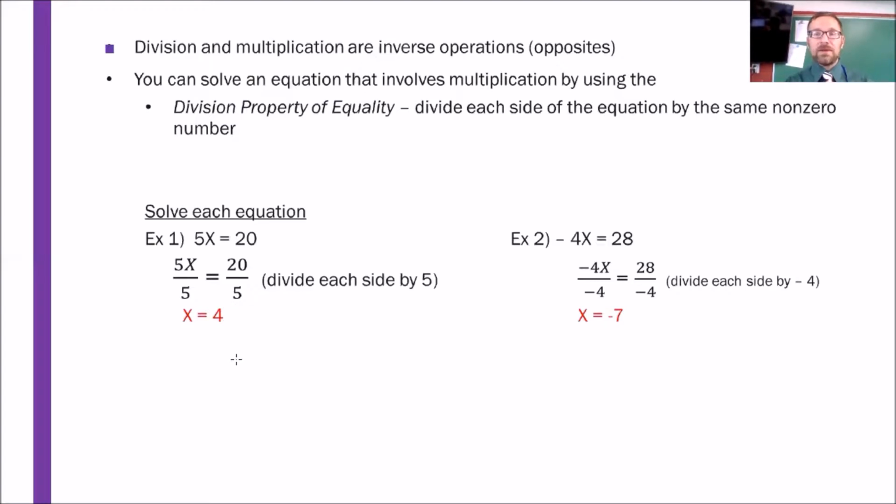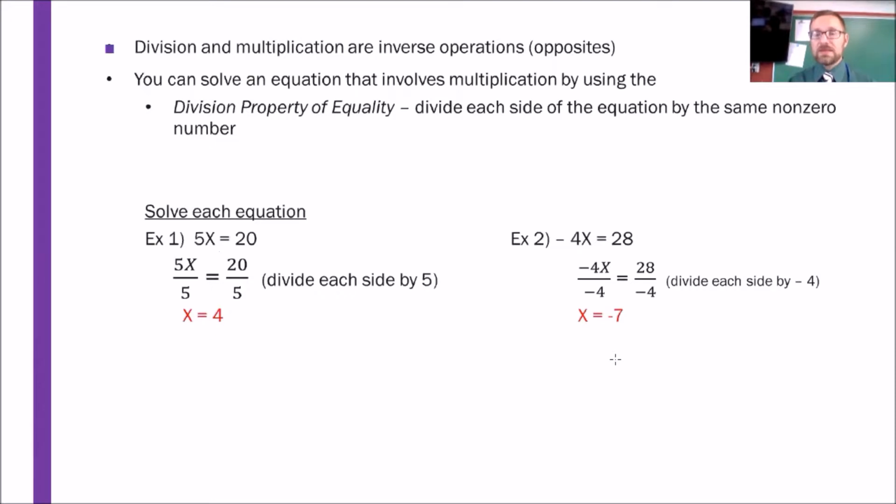Remember back on the last video with adding and subtracting, you can put that line between, there we are. Remember, you can have a straight line through the equal sign, and whatever you do to the left side, you have to do to the right side. So just remember that. So another example there, you can see is negative 4x